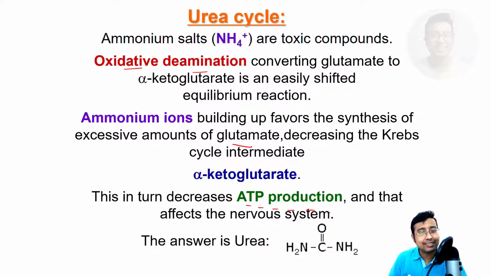We'll also be discussing how ammonia is toxic. This is the main concern, that the Krebs cycle is depleted. In our future lecture classes, we'll also discuss how ammonia is toxic. That's a separate topic in itself. But first we should understand why we learn the urea cycle.